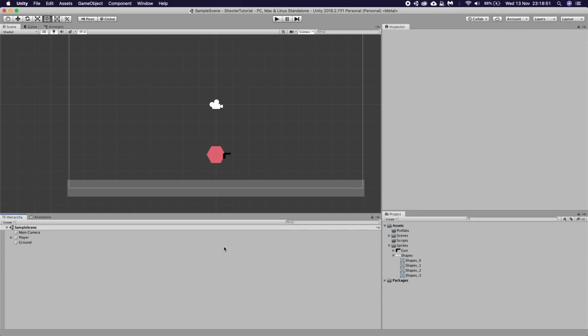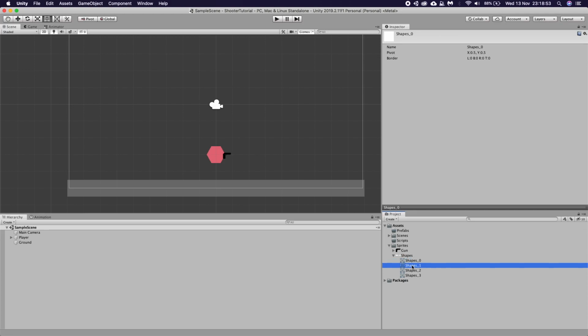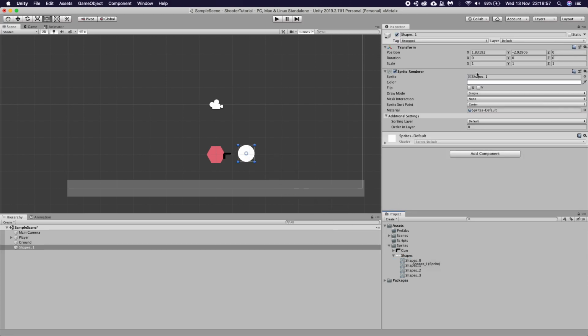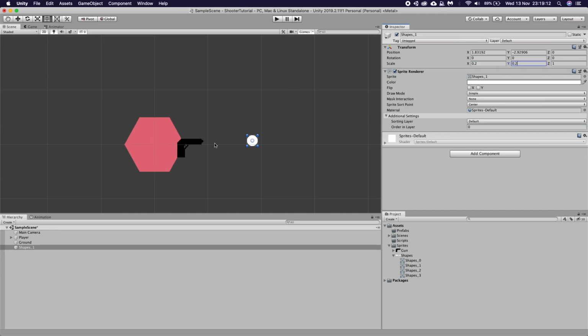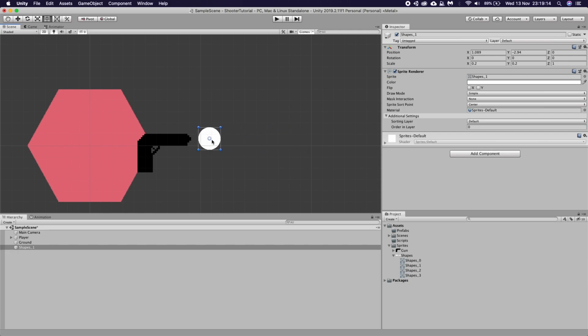Let's now create a new element. So we're going to get a circle for this. We could do a triangle, but we'll have to do a circle. Let's drop this in. Let's leave it where it is for now. Let's zoom in and let's give it a 0.2 and 0.2. I know this is bigger than the gun, which is going to look really weird, but I'm going to leave it at that for now just because it's easier to see when we shoot it.